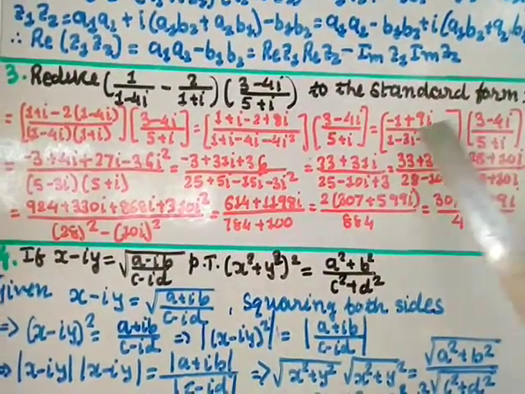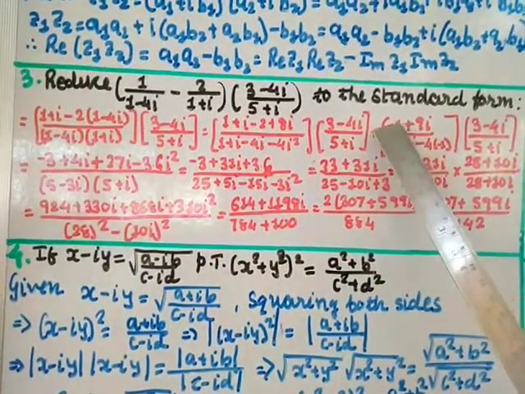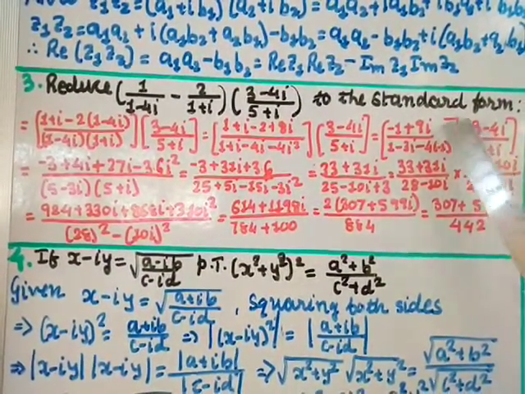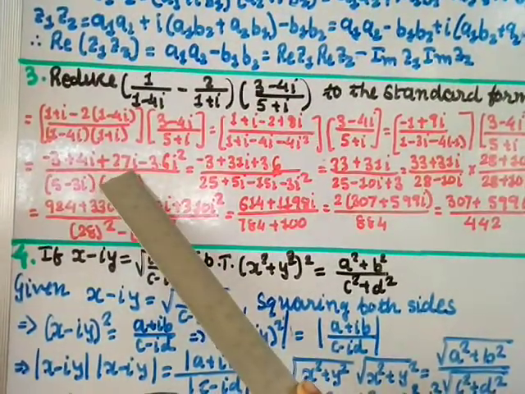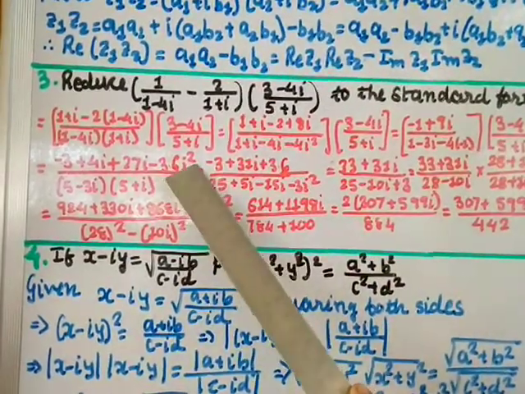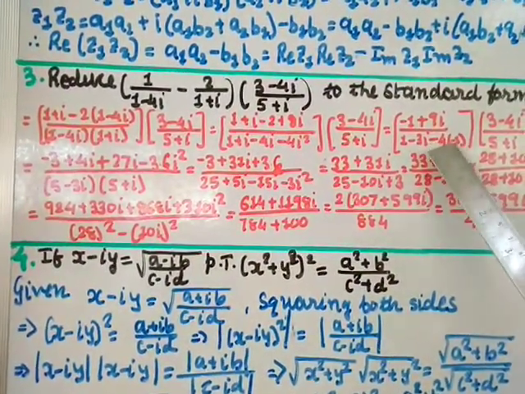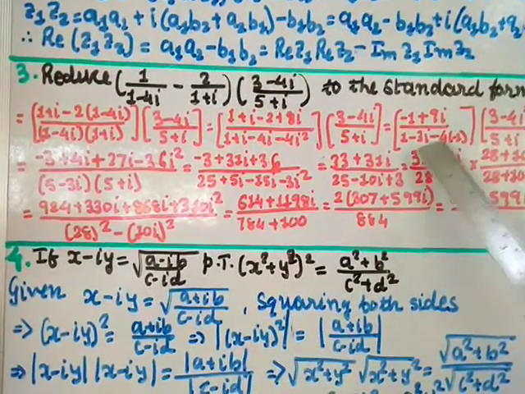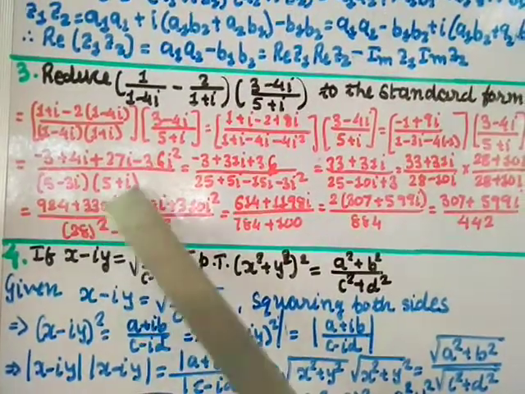Now I'll multiply these two terms in the numerator. Minus 1 into 3 is minus 3 plus minus 1 into 4i. This is also minus, so plus it will be 4i plus 9i into 3 is 27i. Then 9i minus 4i is minus 36i into i is i square. Divide by, here you get 1 minus 1 will give you plus 4. 4 plus 1 is 5 minus 3i as it is. And this 5 plus i as it is.